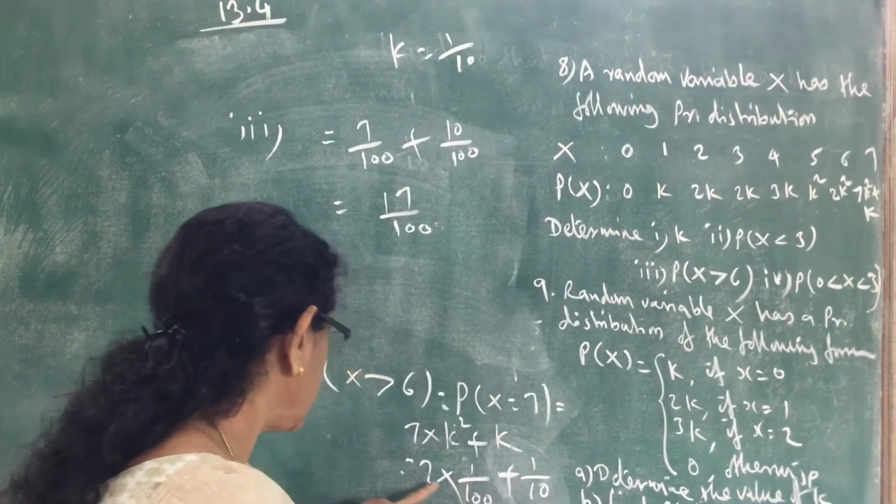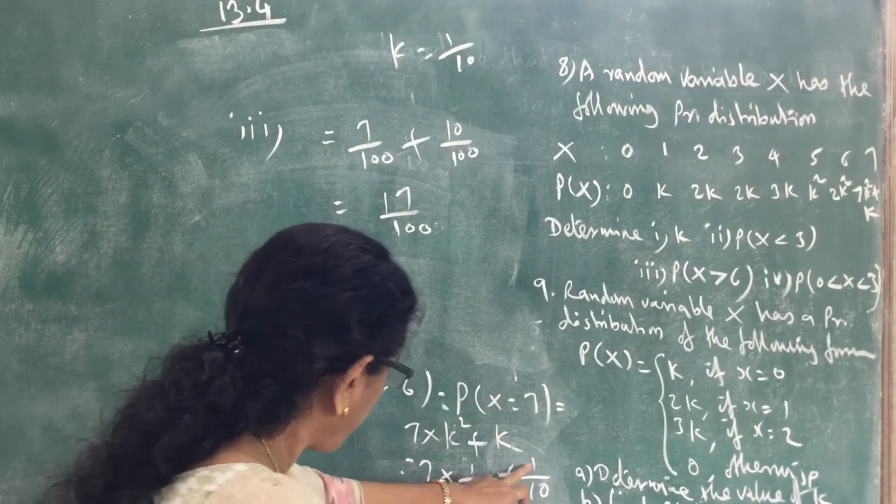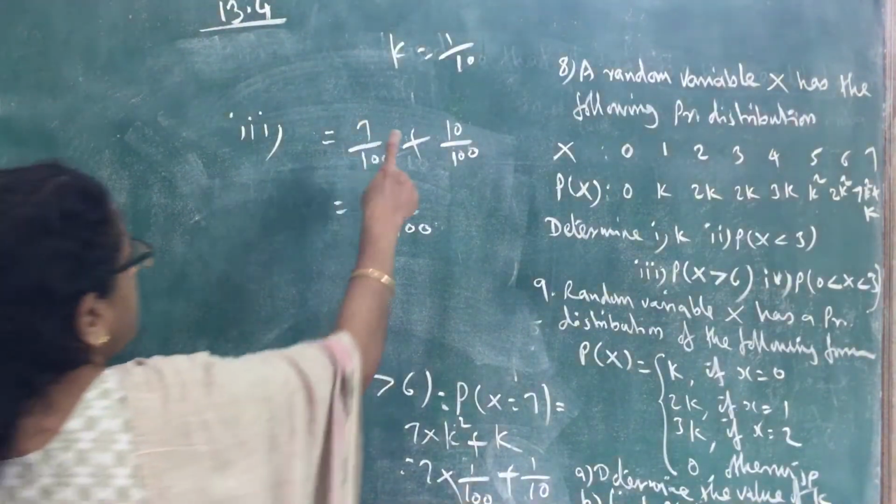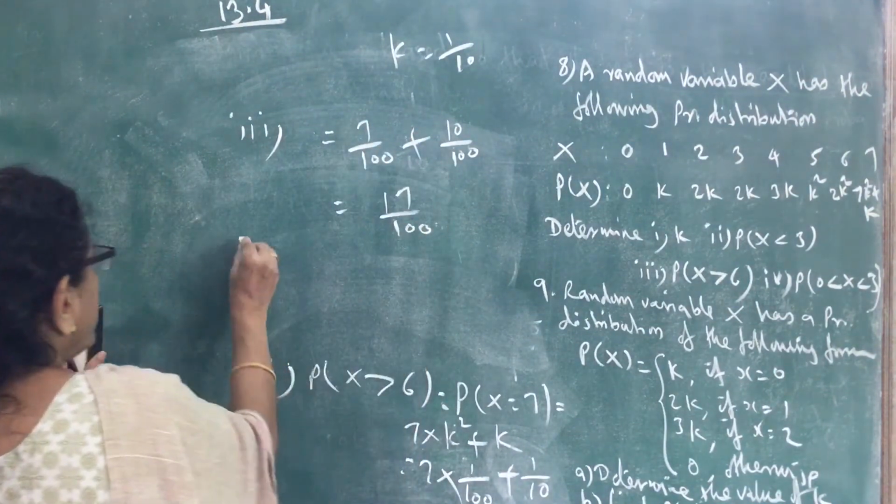So 7 by 100 plus 1 by 10, that is 10 by 100. That is 70 by 10 plus 7, 17 by 100. Then fourth,